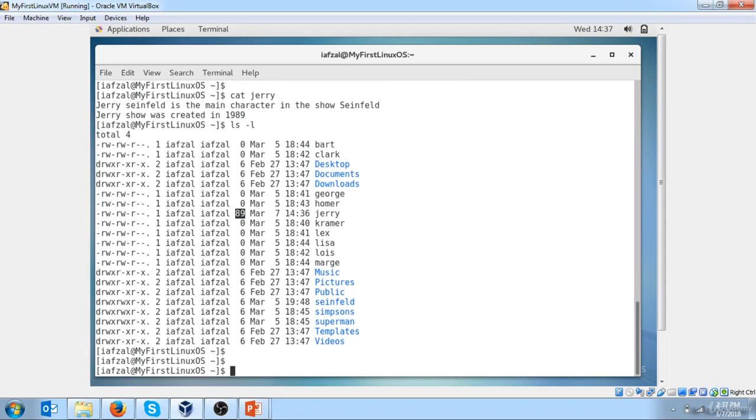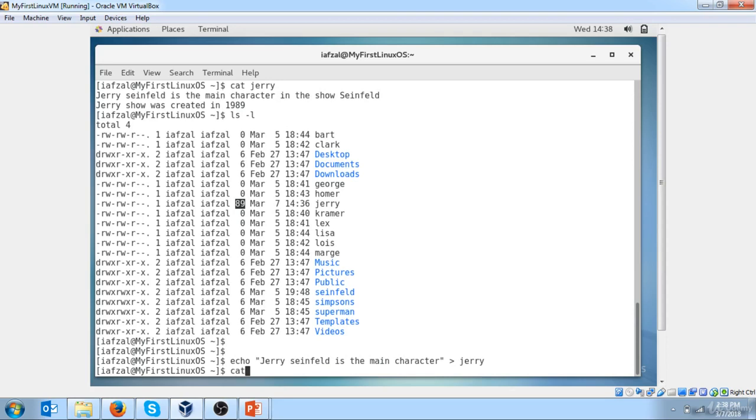If we run the same command again, there you go. Jerry Seinfeld is the main character in the show. If we take out that and we just do Jerry Seinfeld is the main character, right? And now we want to use one redirect, and we want to redirect to Jerry. Now remember this, it will wipe out all the contents of the file Jerry. Basically, it will wipe out the entire file Jerry, recreate the file with the new text that I am typing here. Try it. Let's hit enter, do cat Jerry,